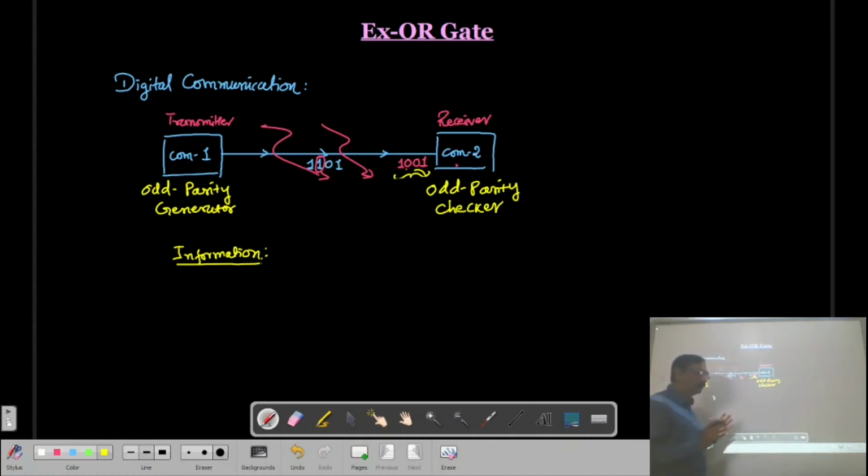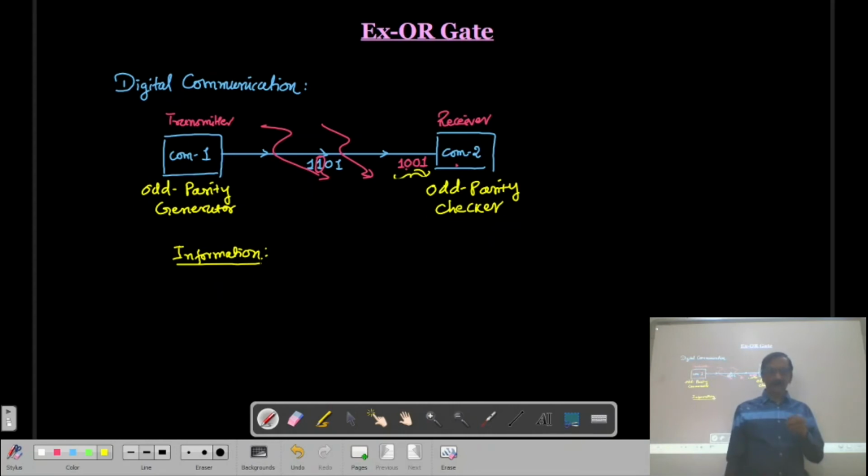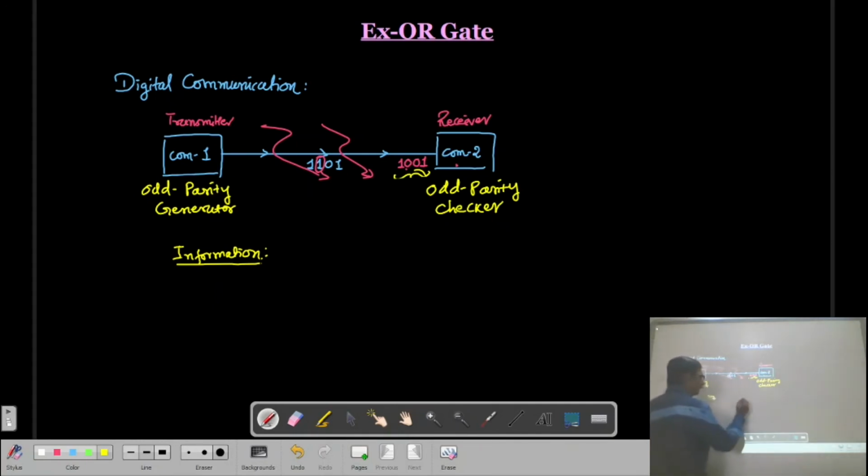Remember. So, normally if you see the ASCII code, what is the ASCII code? ASCII code means that whatever the letters or the numbers we have, for each one a particular binary number is given. Let us say if you have A, B, C or 1, 2, 3, then for the A there is one binary number, for the B another binary number, for the C another binary number. So whatever the symbols we use, every symbol has some binary number. That is the ASCII code. So this ASCII code is with the 7-bit. Remember, it is with the 7-bit.